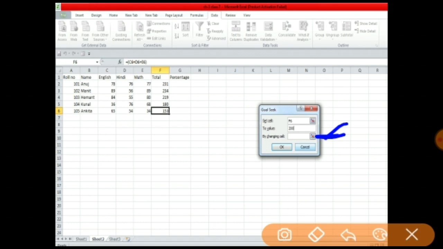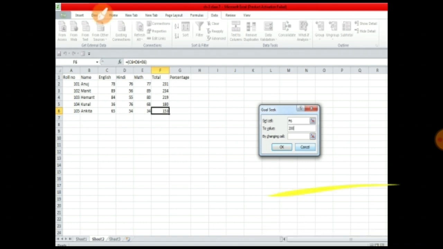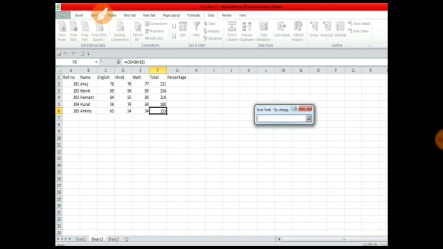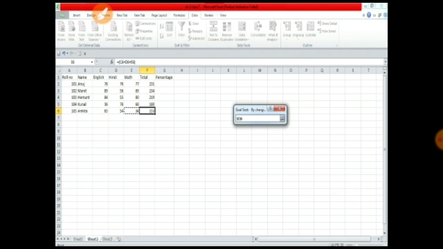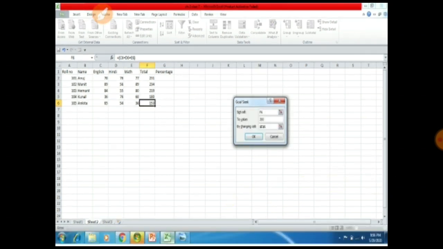When you click on this icon, you can see this type of screen will appear, and you just have to select the area whose marks you want to change. I want to change the marks at E6. E6 means 34, right? Just select this area. When you click on it, this kind of value will appear, right? After that, you just click on the OK button.